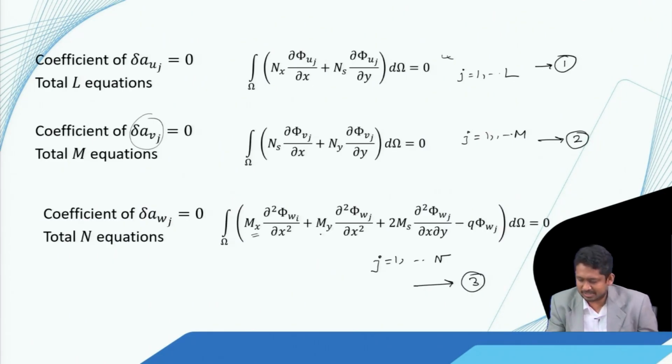Because the B matrix is 0, in the expressions for the bending moments I will not have del u 0 by del x or any u 0 or v 0 quantities. So the third equation is separately for only the quantities related to w, whereas in the first two equations we have only quantities related to u 0 and v 0, and there will not be w here. So these two equations are separated from the third when the B matrix is 0,